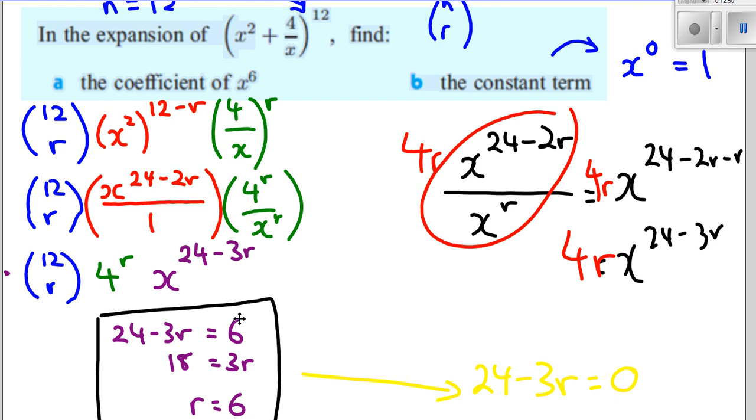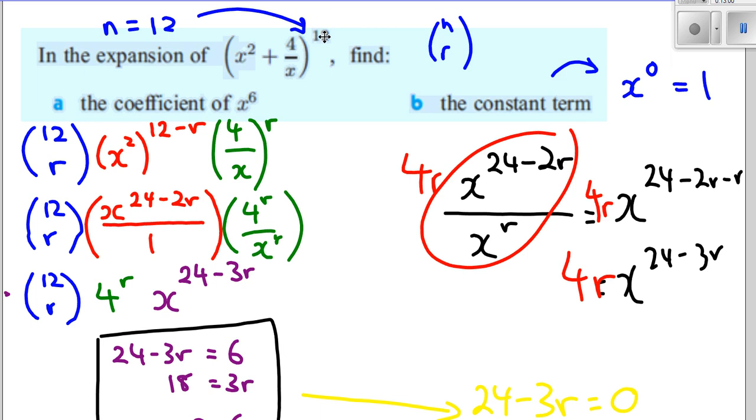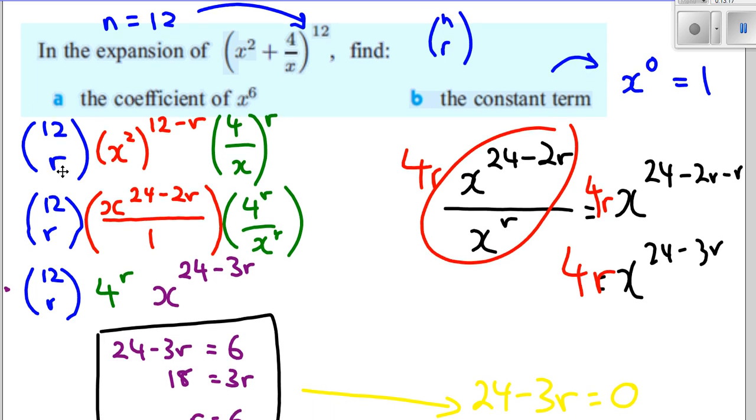And so in the expansion, you're asked to find the coefficient of x to the power of 6. So the strategy I've suggested you use is, we know what n is. n is 12, so sometimes in my little working out I make a point of writing n is 12, just to remind myself we know what n is. We're going to use this strategy to find out what value of r will give us x to the power of 6. So it's 12 C r. r is the thing we don't know yet. And the first term is x